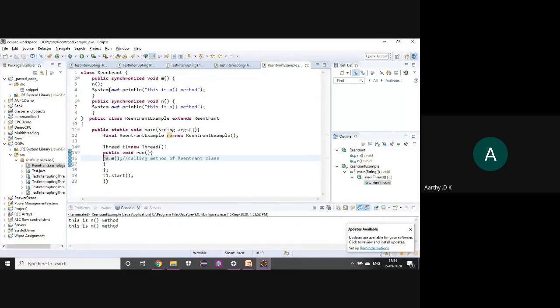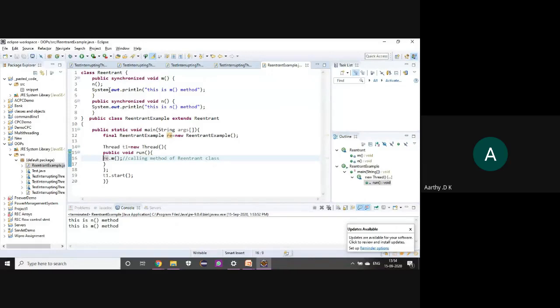I'll give a quick recap of what we saw today. Today we saw how to interrupt a thread. Interrupt is nothing but stopping the execution of the thread when it is in some situation like sleep or wait, where the thread is sleeping or waiting for a longer time. We do that with the help of the interrupt method. There are two different ways in which you can interrupt a thread.